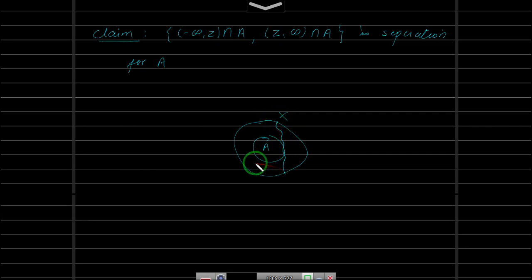We need to show that this A will be either in U or in V. If X has a separation, then A, the connected subset, will be either in U or in V. So this we will prove in the next video, and also we will prove that every line segment in Rn with usual topology is connected. And also if you take convex subsets, they will be connected. Okay, so stay tuned and let's meet in the next video.